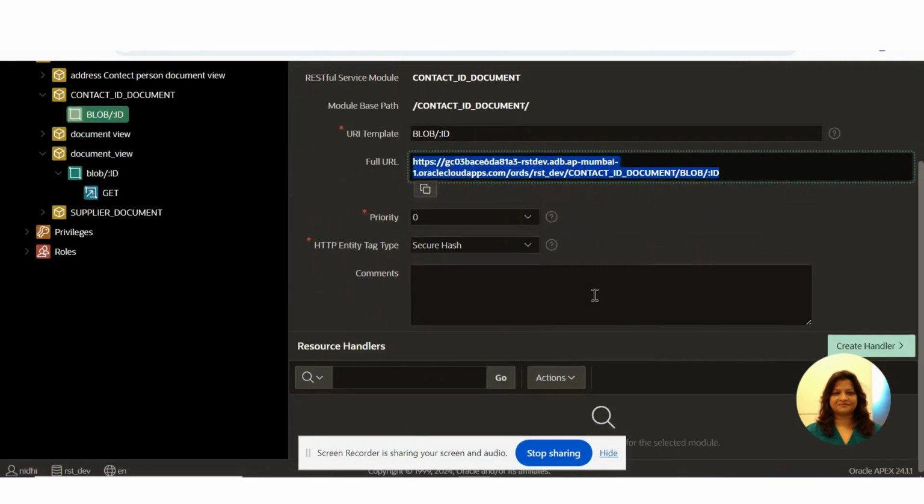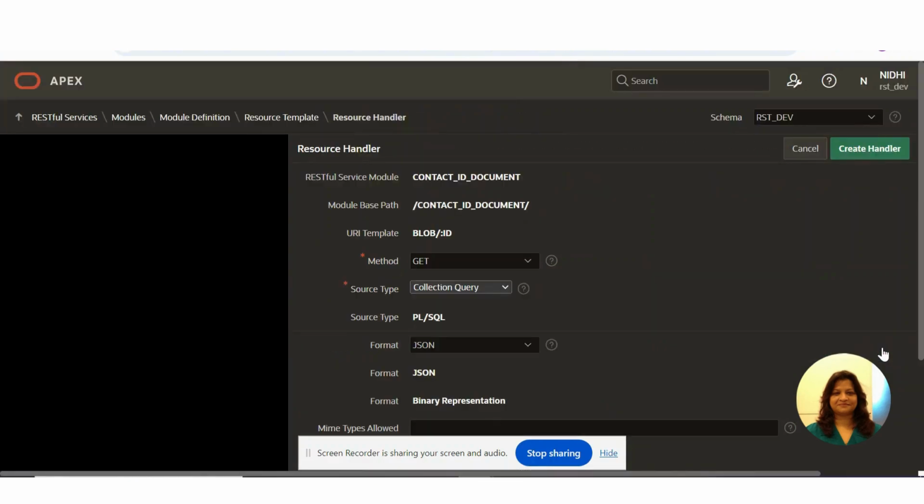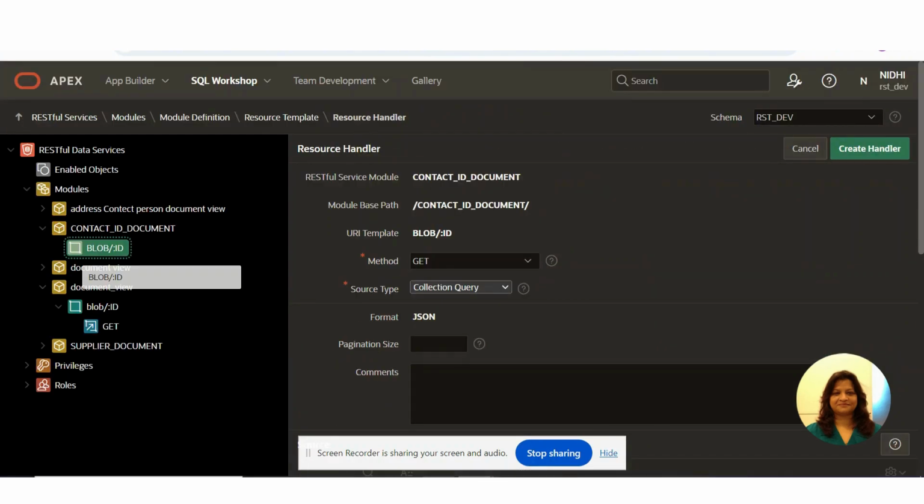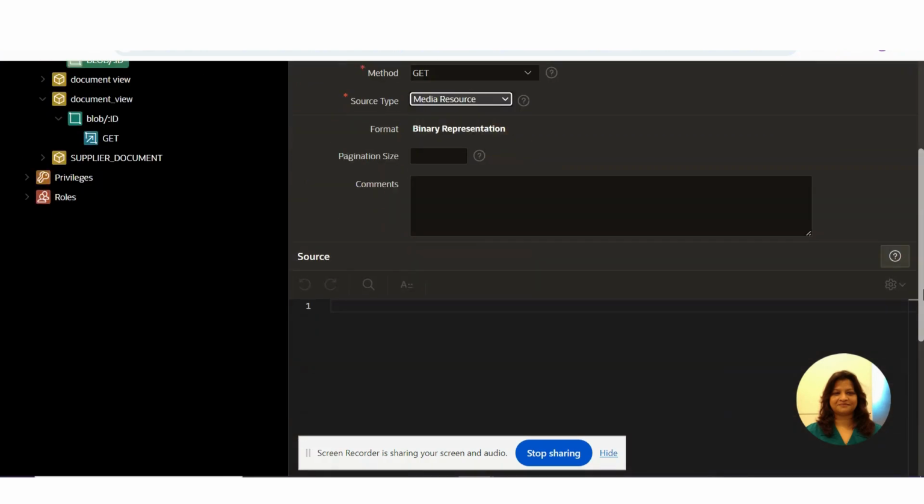Now I have to create the handler, to get the document. The method is get, and the document type is blob, so I use the media resource.